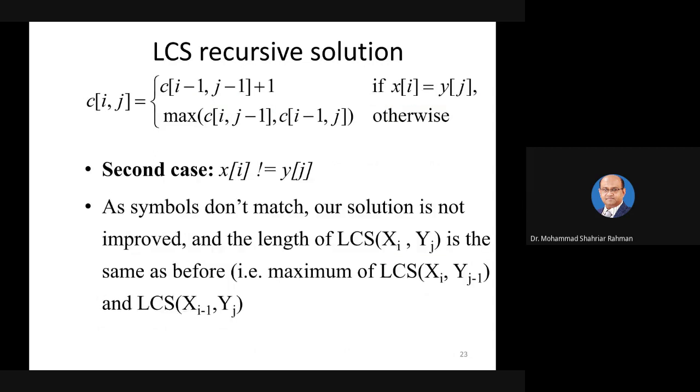And the case 2 is otherwise. There is no match. Symbols don't match. So our solution is not improved, and the length of LCS XIYJ is the same as before. আগে যেটা পেয়েছিলাম এর আগ পর্যন্ত আমার ম্যাক্সিমাম যেটা লেন্থ ছিল সেটাই LCS এর লেন্থ।